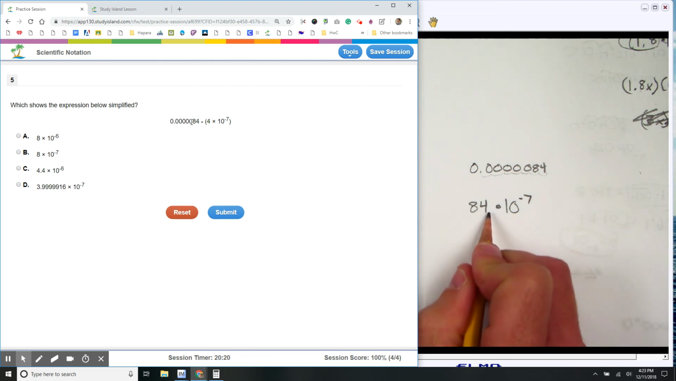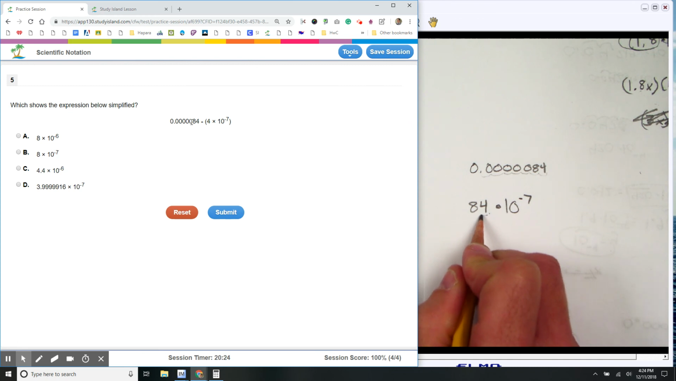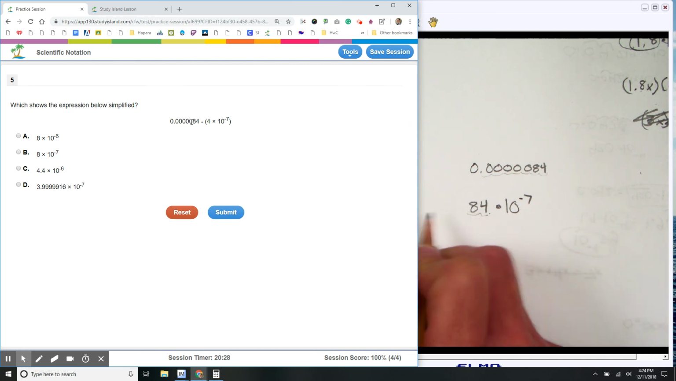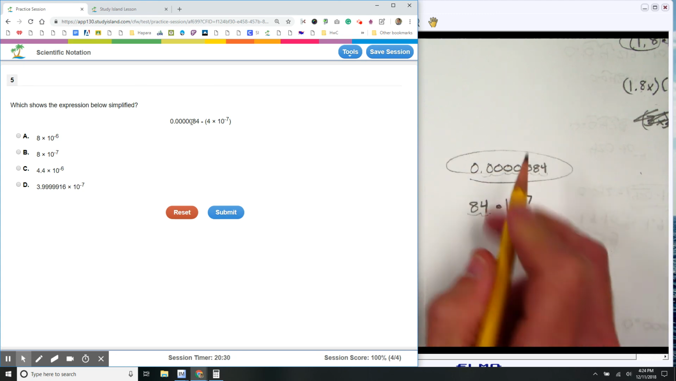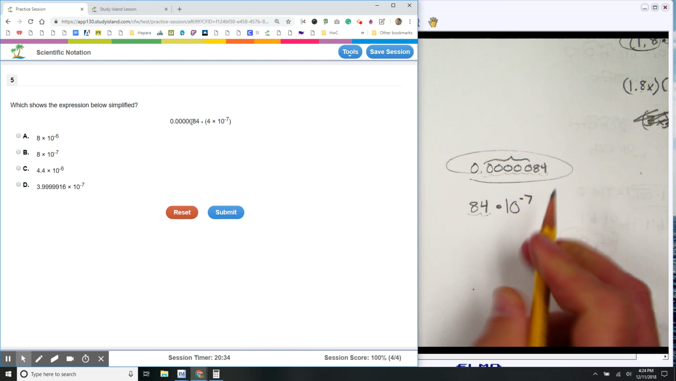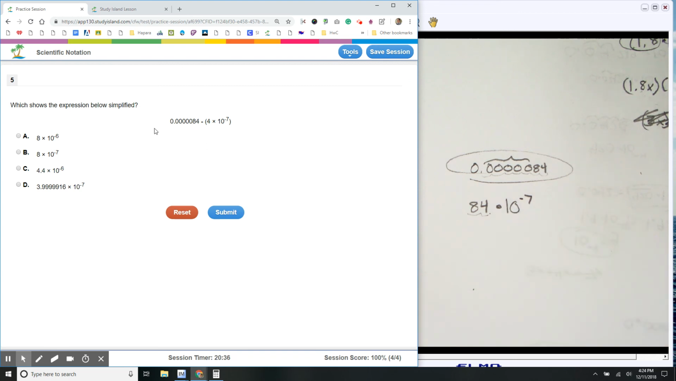Okay, so again, there's an imaginary decimal right here. It's 84.0. If I do times 10 to the negative 7th, I go 1, 2, 3, 4, 5, 6, 7. So I have 5 space-filler zeros, and I get back to what I had right here. So why did I want it to be 10 to the negative 7th? Because this was 10 to the negative 7th, and I can only subtract stuff if they're both times 10 to